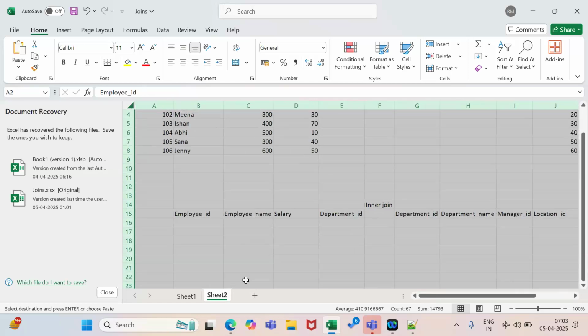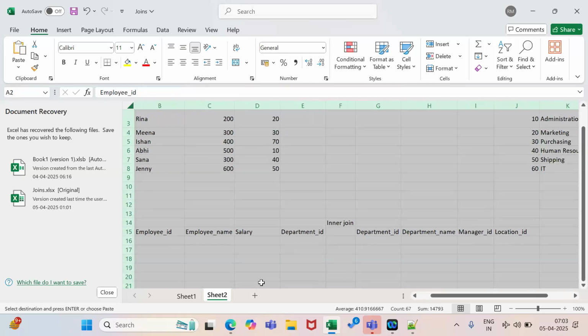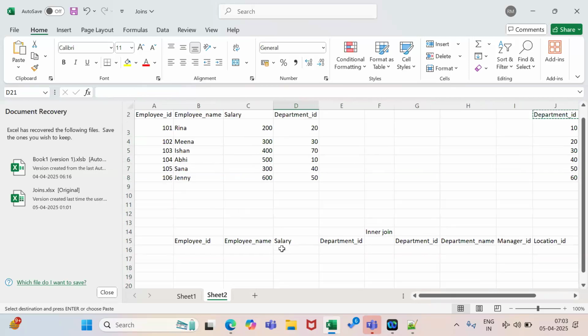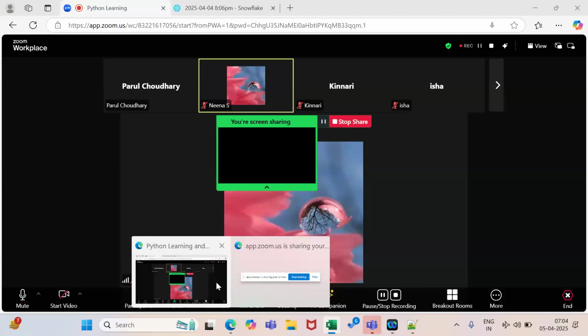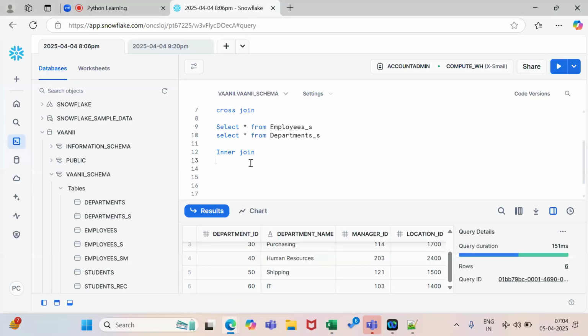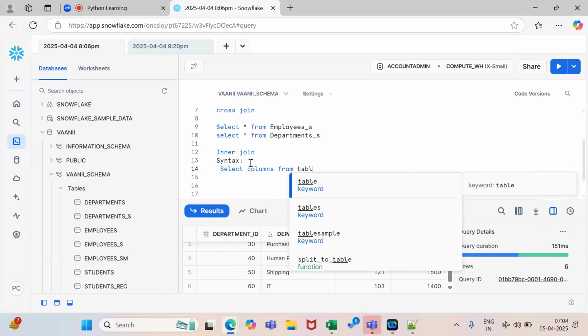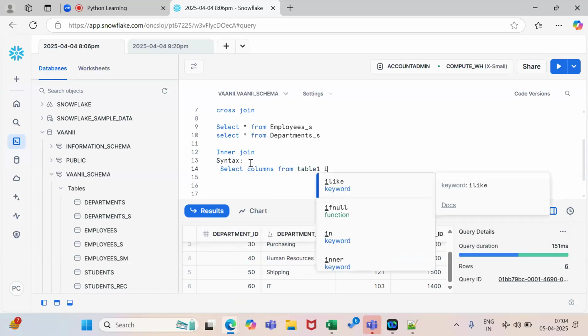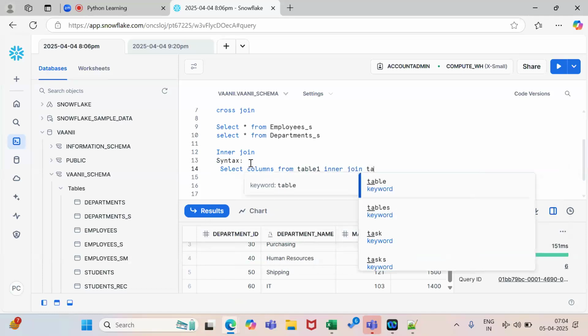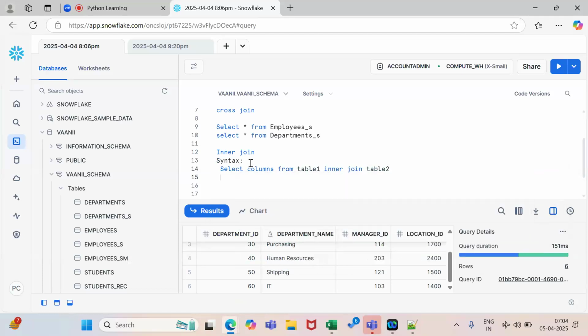Let me write the syntax sidewise: columns, table 1, and ON condition.